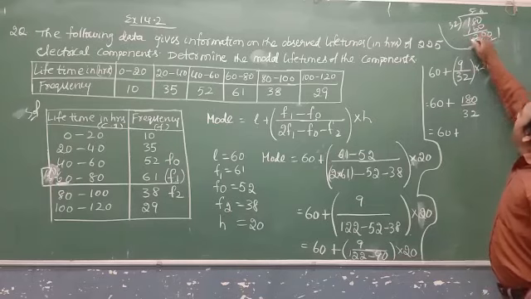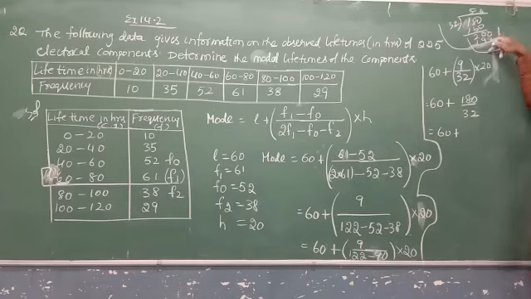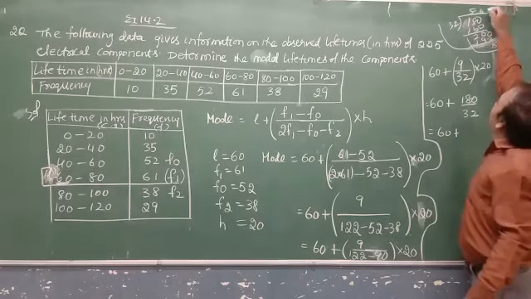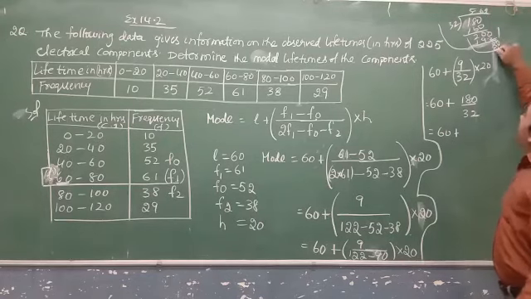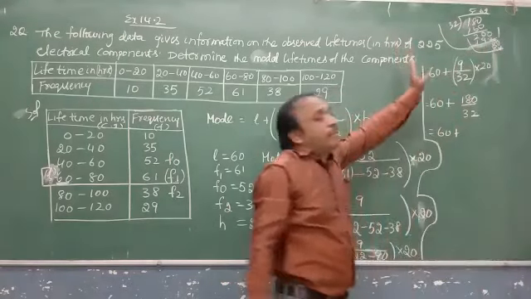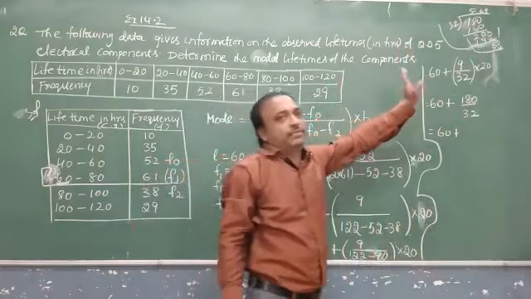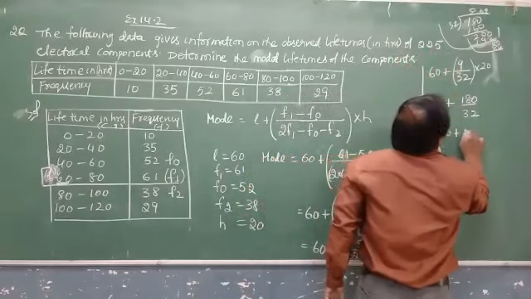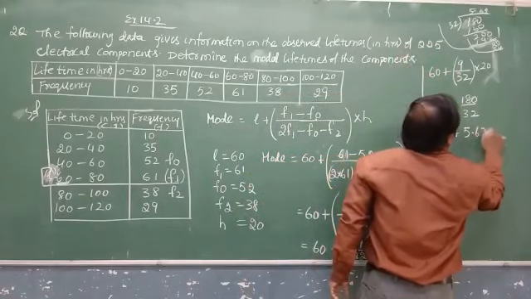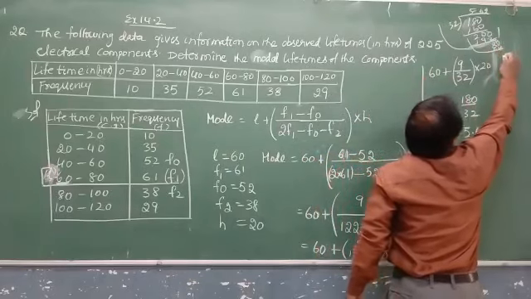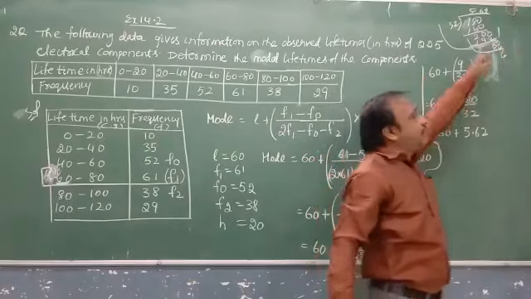Then next step, 10 minus 2, 8; 9 minus 9, 0. So 8 is left over, again point, 32 twos are 64. So the division will continue. You can stop maximum after 2 decimal places. So we got the answer 60 plus 5.62. If you continue the division here, 80 minus 64,